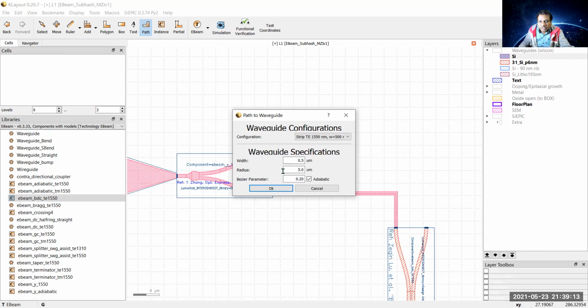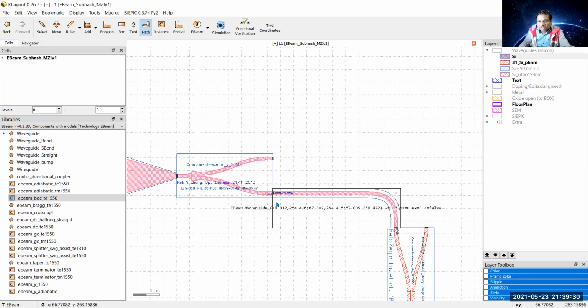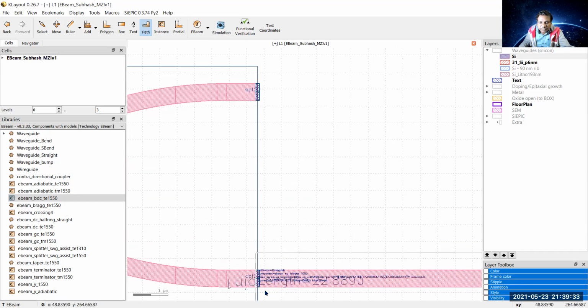If we reduce this radius of curvature to less than 5 micrometer, there shall be losses in the light while traveling from this port to this port. So this is a standard value, 5 micrometer. So keep it like that, say OK, and you see the connection has been made perfectly.